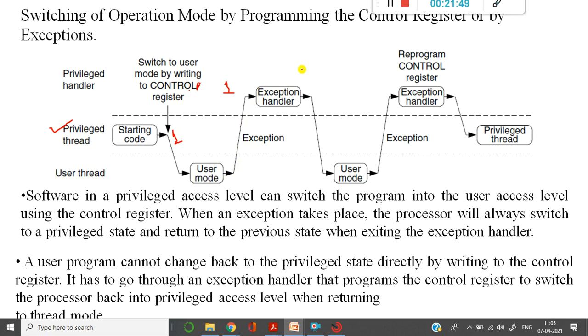At that time, in the exception handler, control bit 1 is equal to 0. Irrespective of whatever job is being performed in the user thread, it will be stopped there itself. It jumps to the exception handler.